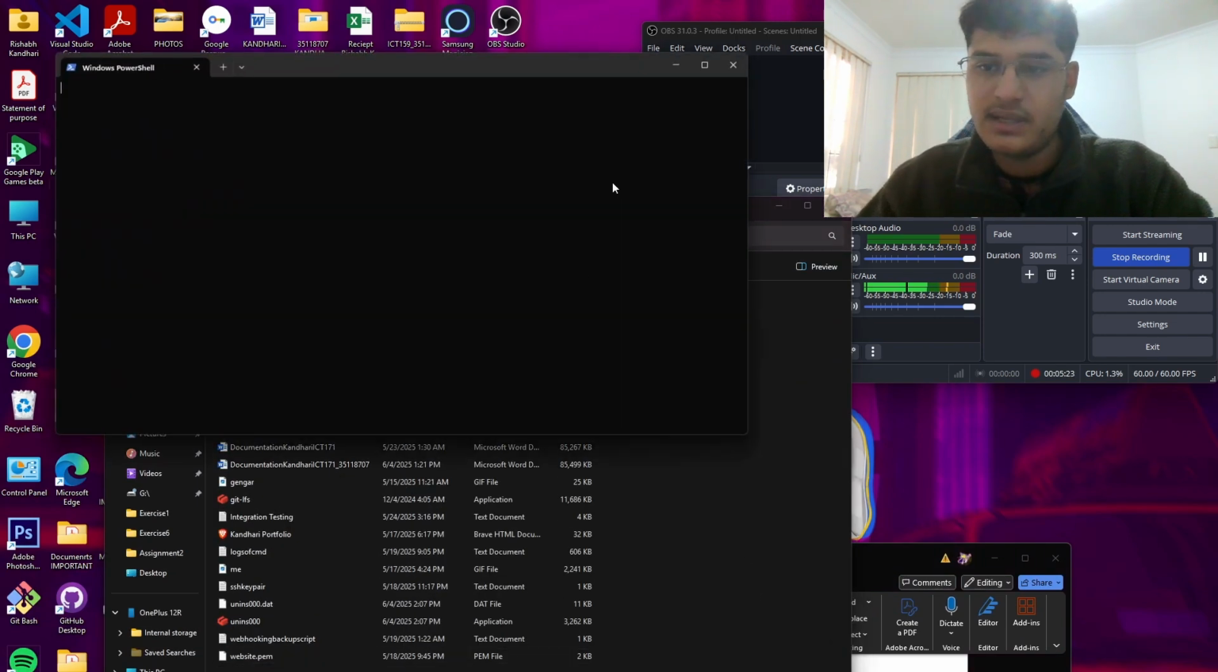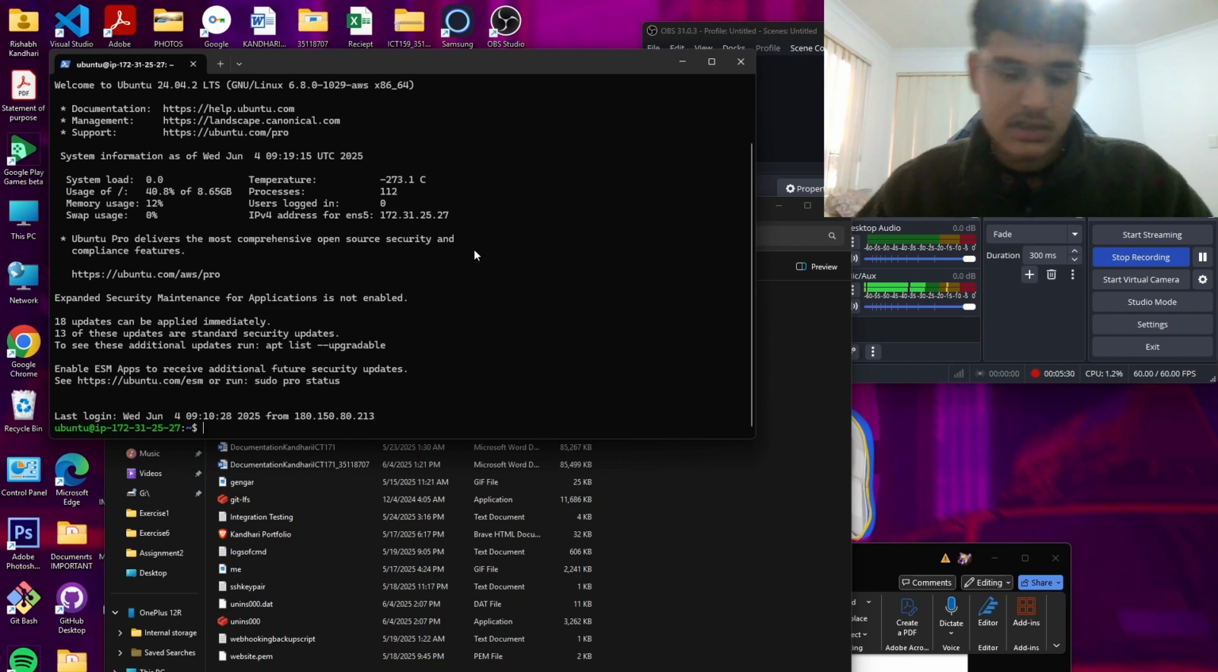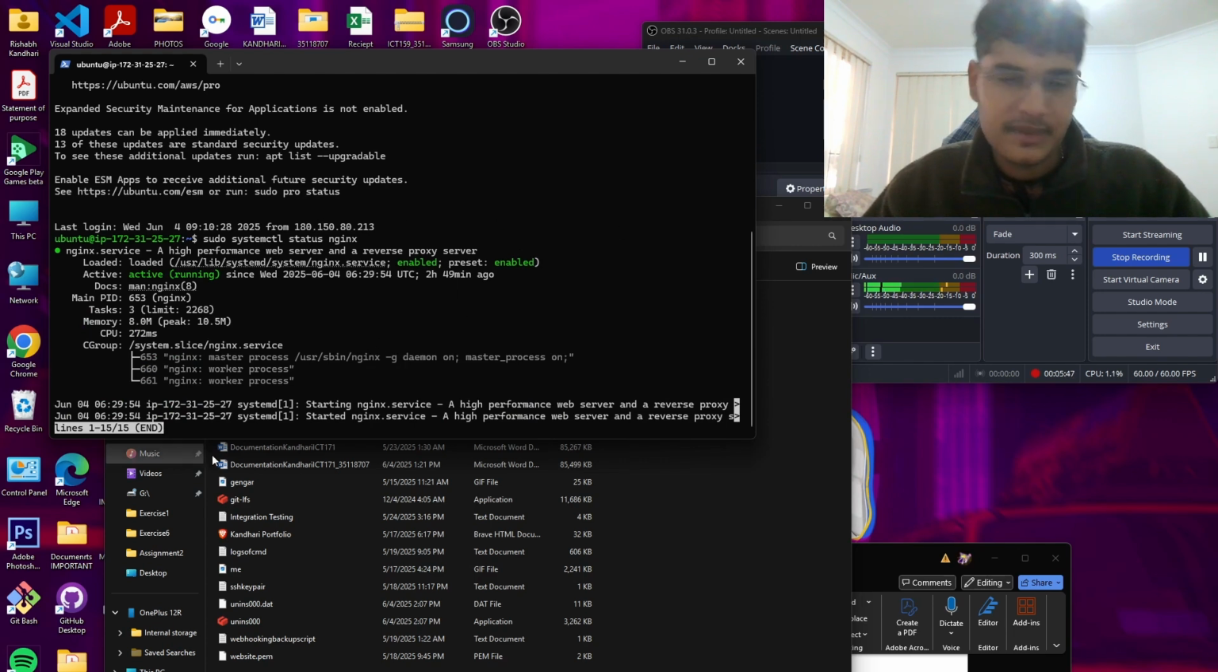I can simply SSH into my instance. By doing this command, I enter my terminal, and I can show you now whether my web server is running successfully. By using this command right here, sudo systemctl status nginx, you can see that my web server is running successfully. And another thing, if you want to also see